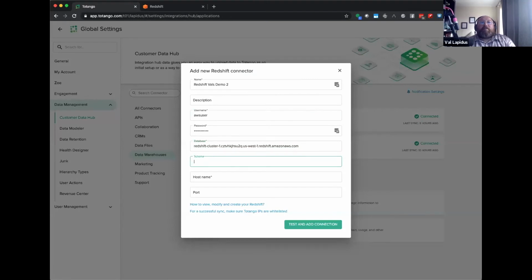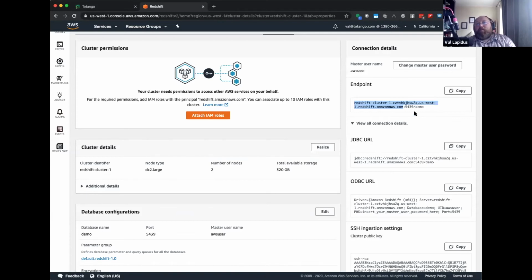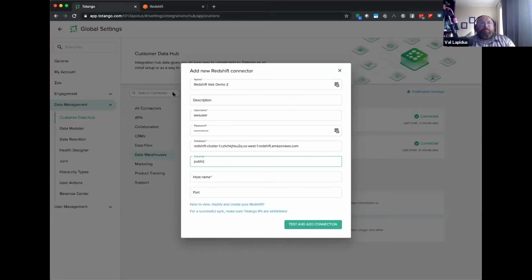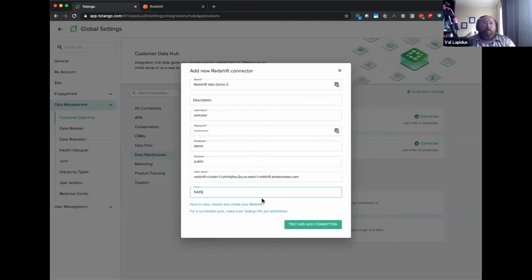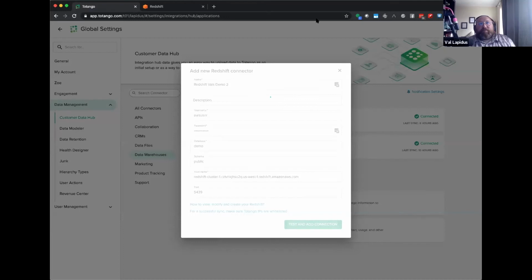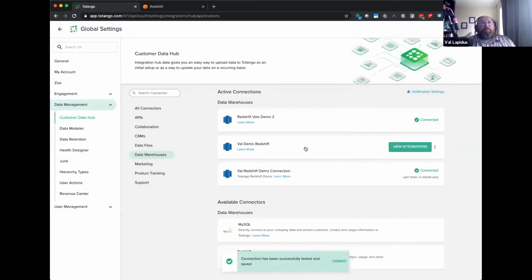Okay, and then the schema, I'm going to use my public schema. And then the port is 54, the database and the port. Whoops, sorry. I got a little confused there. Host name is here. Database is demo. Port is 5439. Let's just confirm that. Yep, all good. So then test and add connection. And there you go. Now I've got my demo